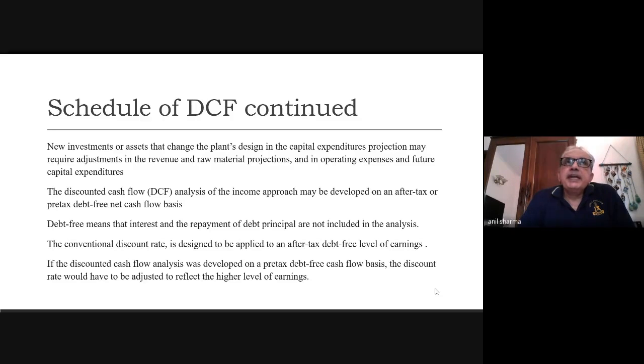Similarly, there can be a pre-tax calculation and there can be a post-tax calculation basis, but then the denominator, the discounting factor, will change, right? So the discounting factor will also be parallelly adjusted based on whether there are post-tax calculations or pre-tax calculations. So generally that is adjusted for the tax in the post-tax